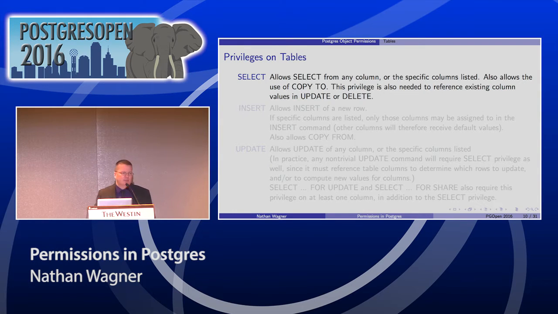Copy to, for those of you who've used it, says I want to copy a bunch of stuff from somewhere, like maybe a CSV file, into a table. I want to copy the data from the CSV to the table. No, other way around. I'm copying it from the table to the CSV. And since you're effectively reading those columns, you also need select privilege to do the copy to. Something to note,